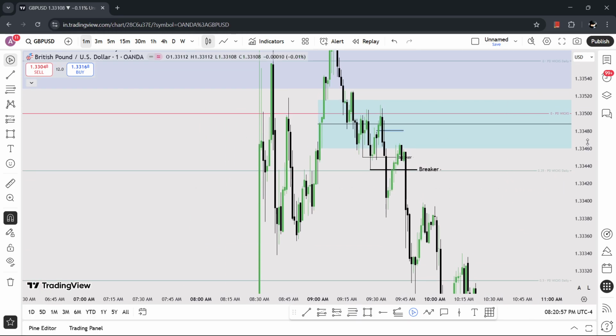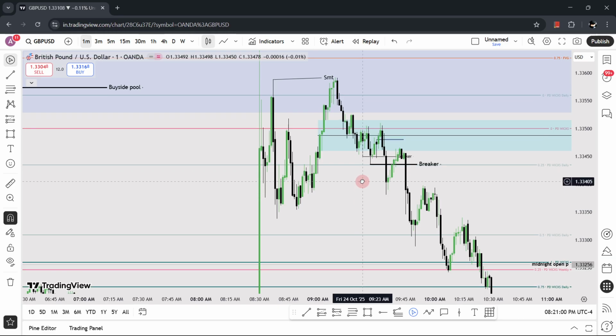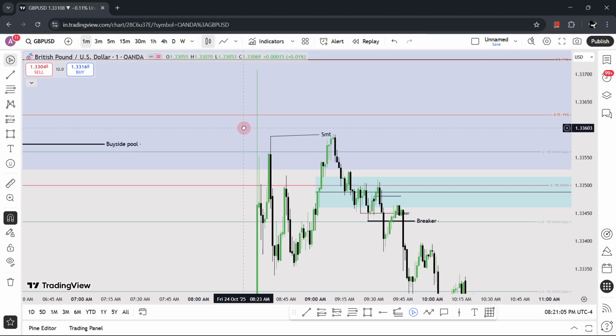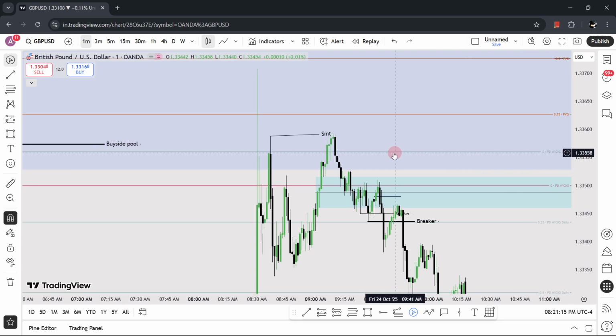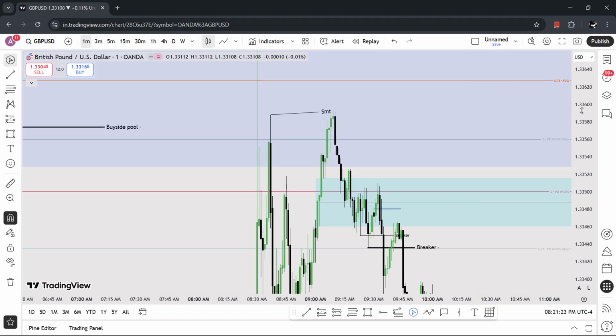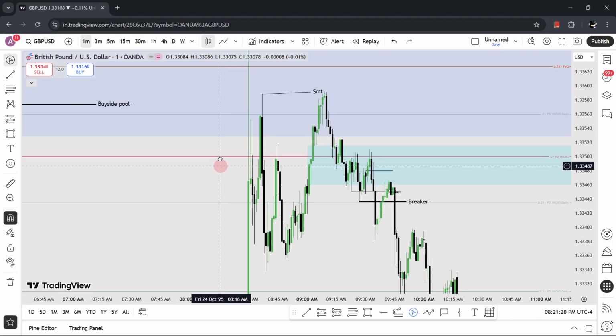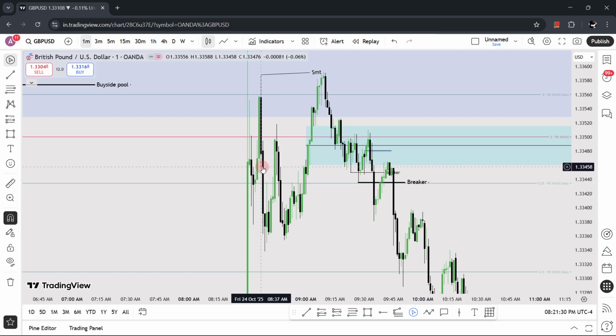Now, this is where my trades begin. It went to the 0.7 percentage of that fair value gap and stopped. It stays at the premium wick, where 75 percentage is the closing price of the wick, then starts to go lower, creating this fair value gap and this inverse one there.